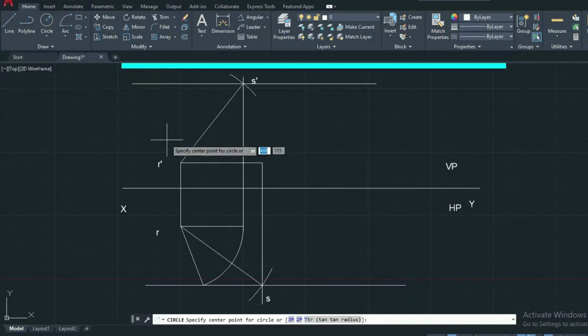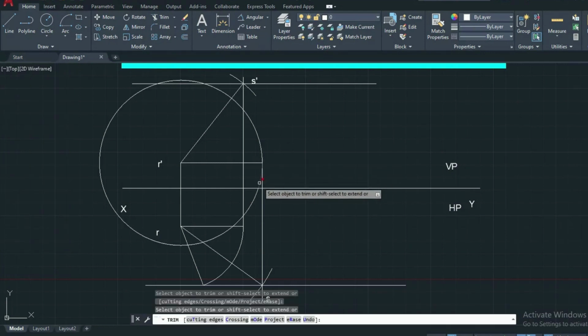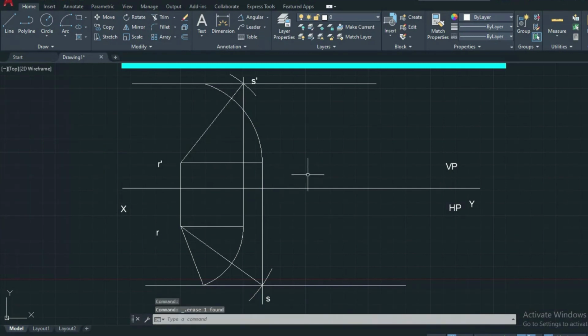Similarly, you can draw the circle or use the arc to obtain the front view of the straight line. Okay.